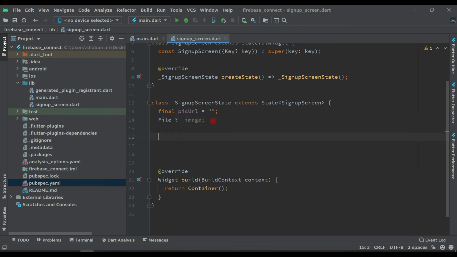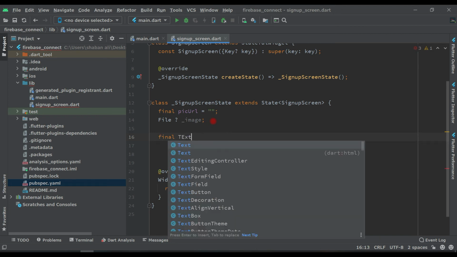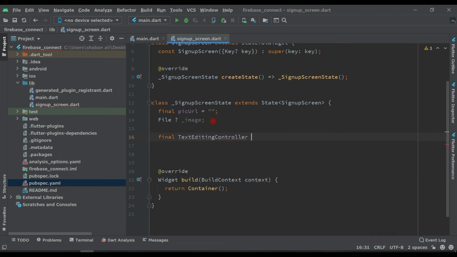So after this we need controller to get the user data like email, password, phone. So write here text editing controller underscore name controller, write like this, and equals to text editing controller, put semicolon.